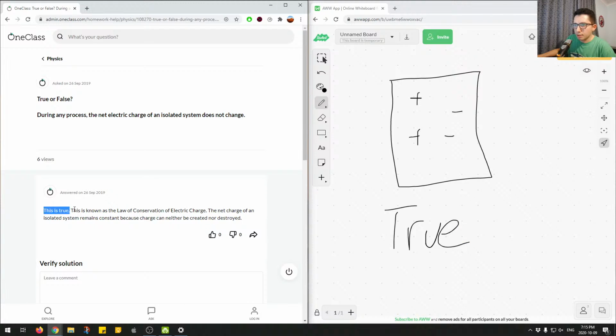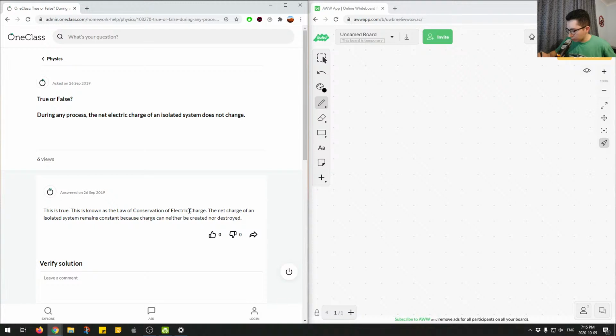So looking at the presented solution, they just outlined the law of conservation of electric charge. This is important in nuclear reactions. Let me just clear this. So in alpha decay, when an atom or an alpha particle decays,